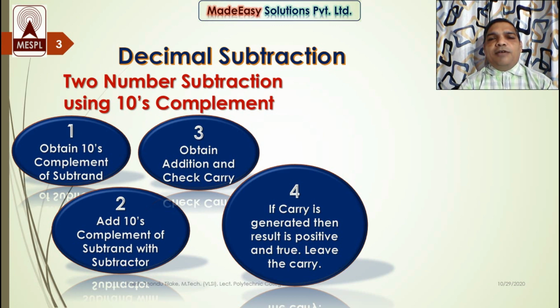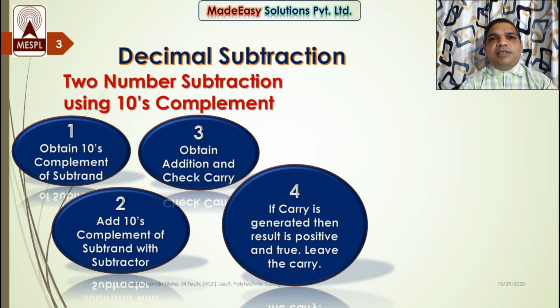So leave the carry over here. Remember, in the 9's complement method, we had to add the carry into the LSD of the result. The addition of the carry into the result we got in step 3 needs extra hardware when we design a gadget. And here in this technique, we need not add the carry into the result we got in step 3. We can leave the carry. We directly get the result. So the need for extra hardware is eliminated over here, and that's why the 10's complement method is also the preferred one.